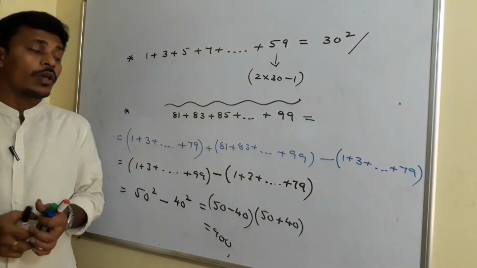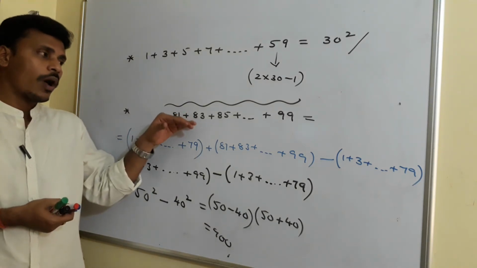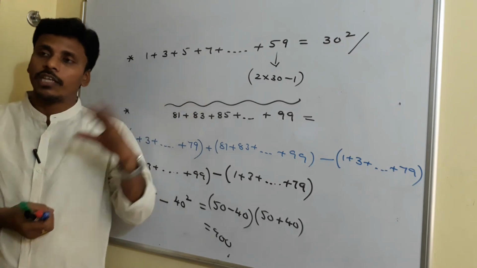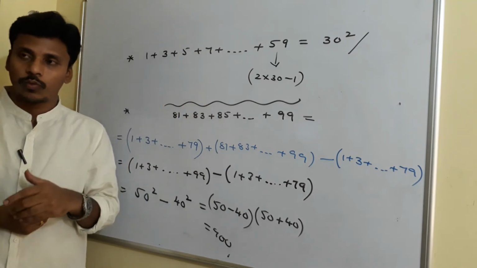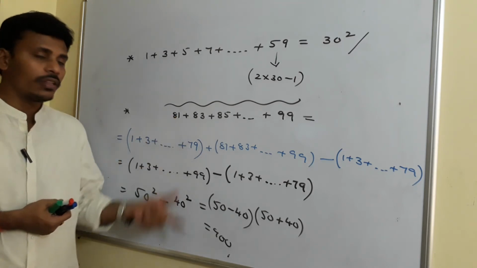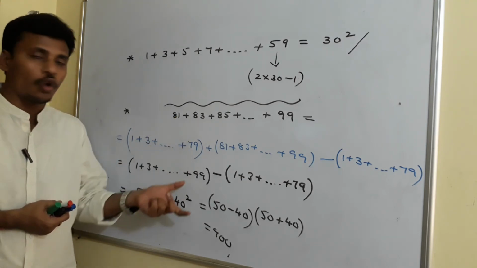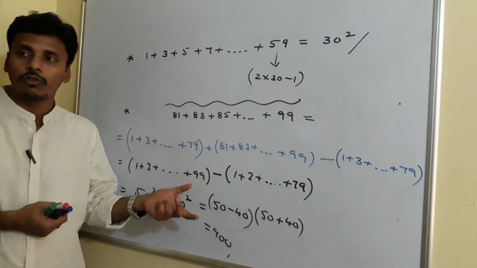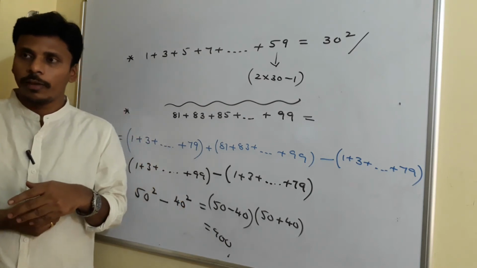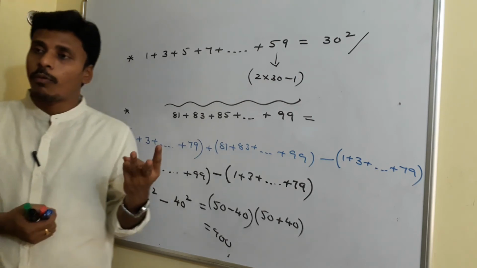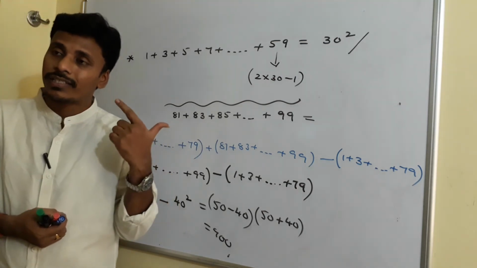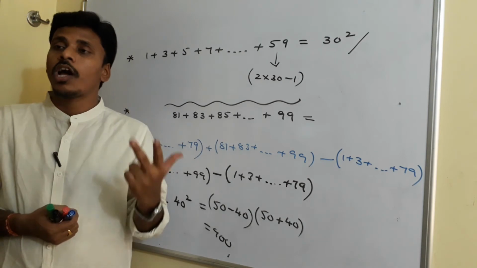Very clear. So you have two choices to move from this. One option is moving with the Sn formula of the arithmetic sequence, n by 2 times 2a plus n minus 1 into d. Or otherwise you may go in this manner also, right? You need to know it, but at the time of problem solving, it is your choice, okay? So just have a look at this. So at the end you have three different formulas: sum of the first n naturals, sum of the first n even naturals, sum of the first n odd naturals.